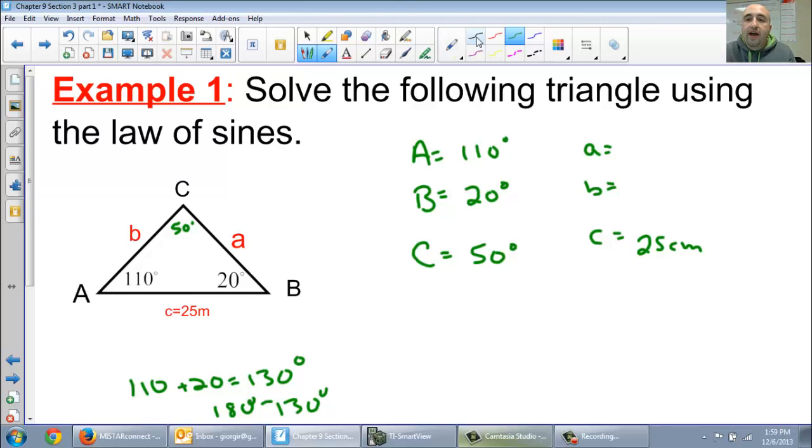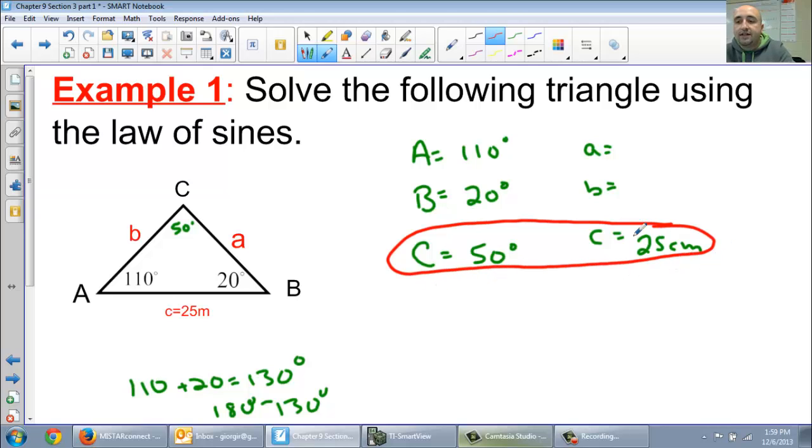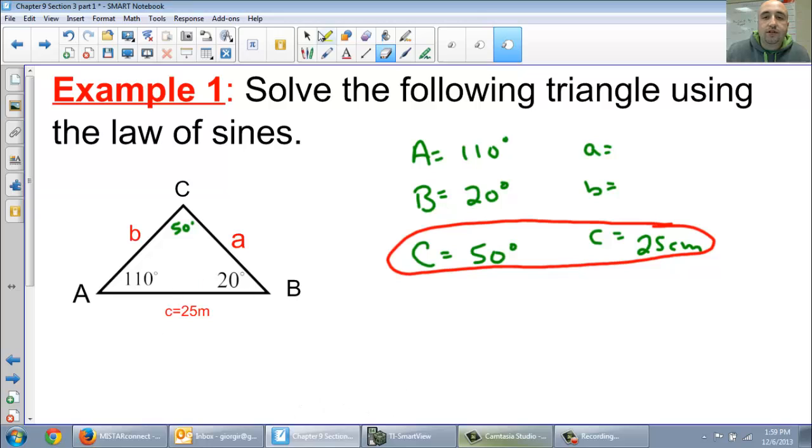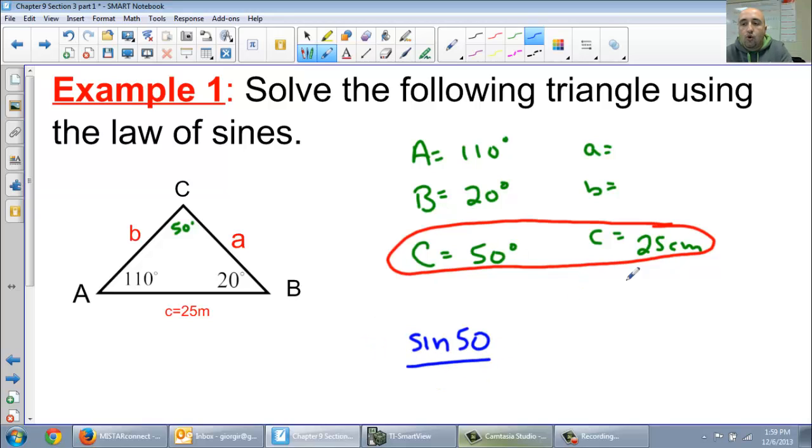Now that we have a set of an angle and a side, we can now use the law of sines. Okay, so that's what we're going to do. We're going to set up a law of sines problem. All right, so we're going to use the set that we have. We know that we have 50, so sine of 50 over 25